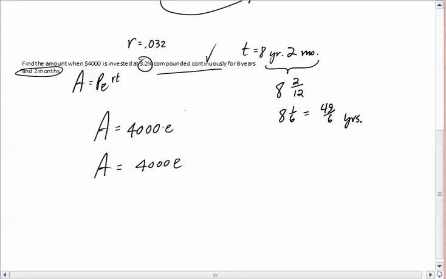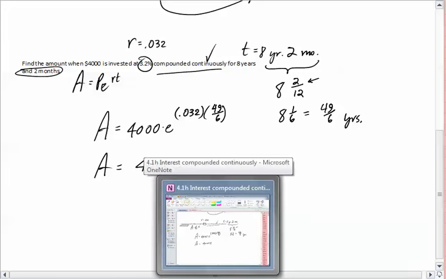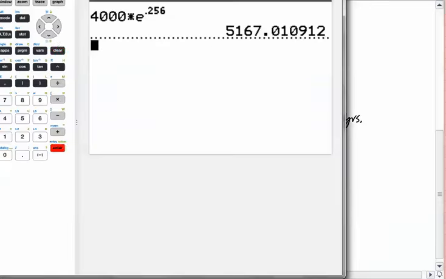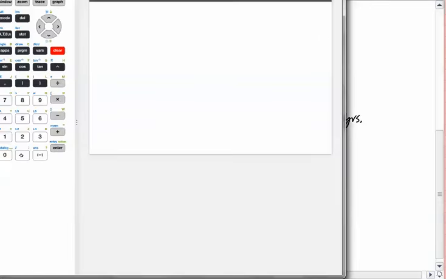Sorry about that. So that's to the 0.032. Okay. The time that we're leaving in there is 8 years and 2 months. So I couldn't forget that portion of the next year. It's a portion, right? 2/12. So 49/6. All right, that's just basically 8 and a sixth. All right, so now let me get that number. 0.032 times 49/6. And we get